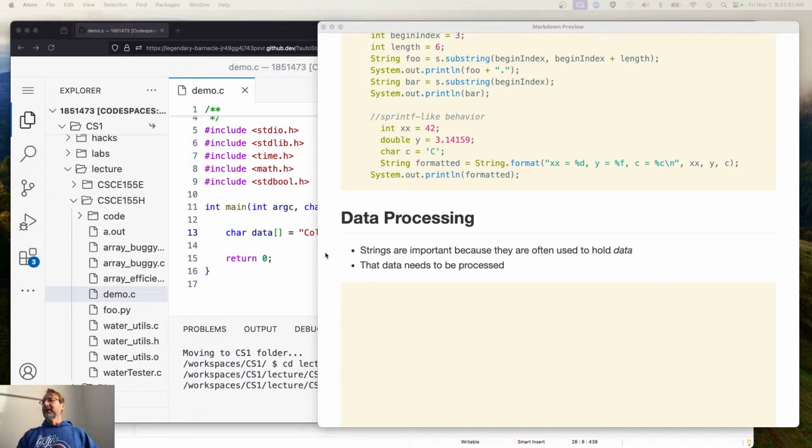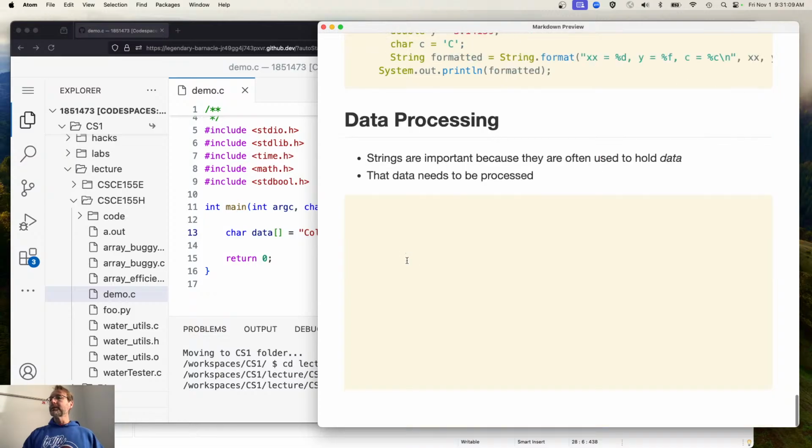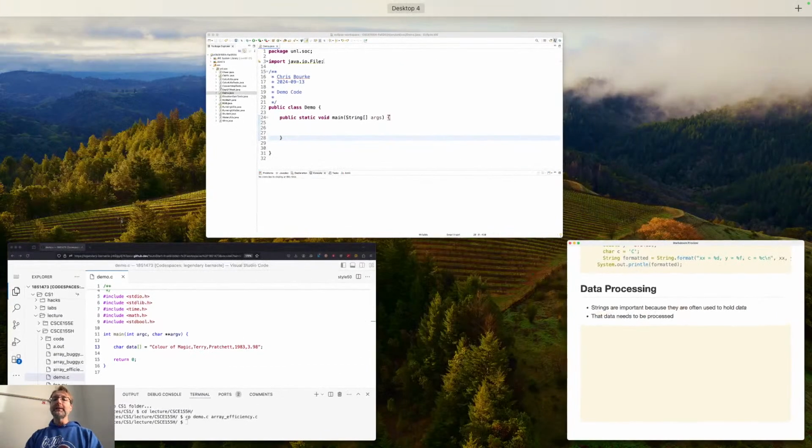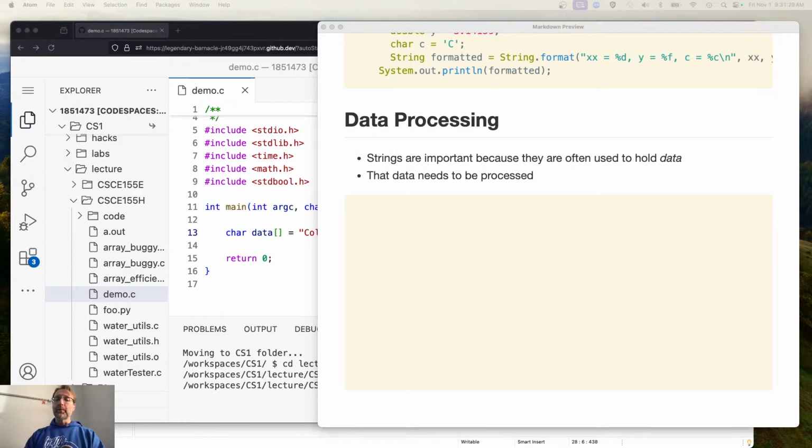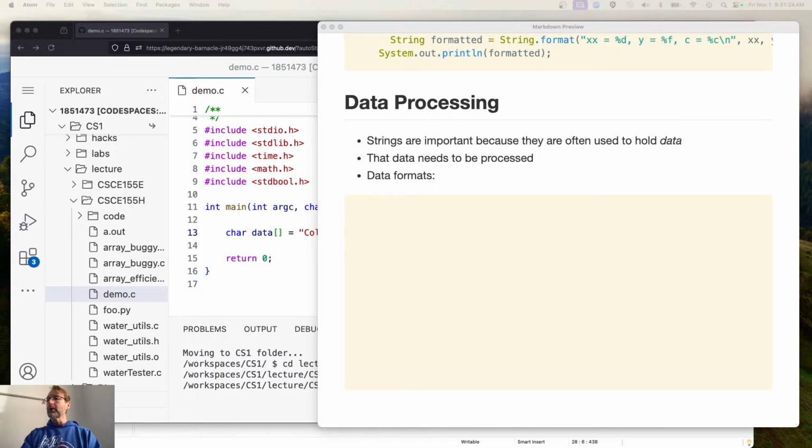All right, so today we're going to talk about data processing. The reason that we've been talking about strings is that strings are important because they represent data. They hold data, right? And that data needs to be processed. There are a lot of ways that you can hold data, many data formats, and you'll be exposed to many of them throughout your careers and even in this